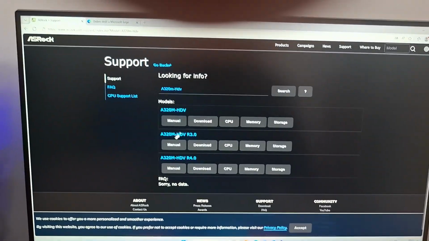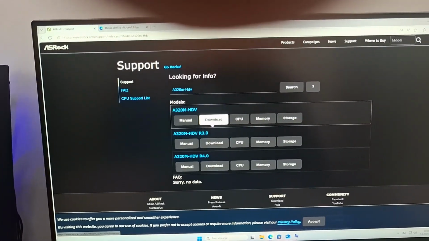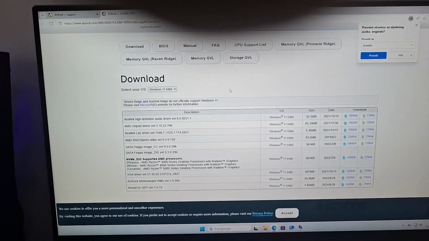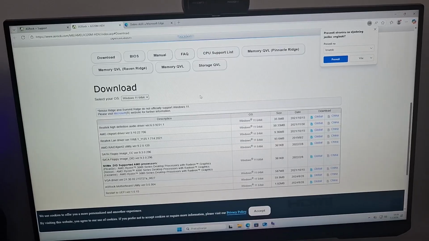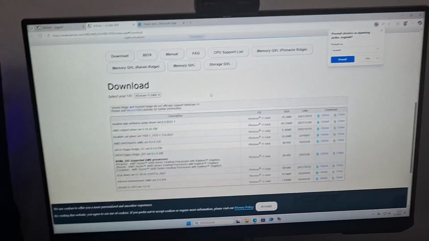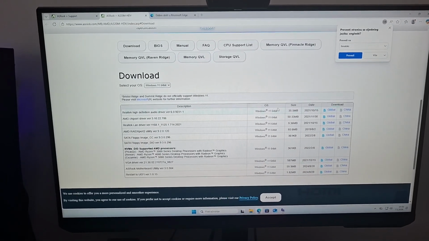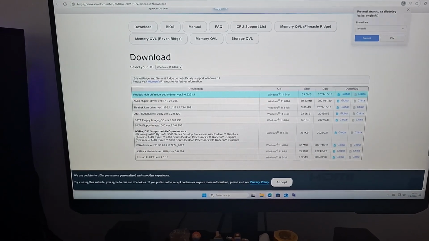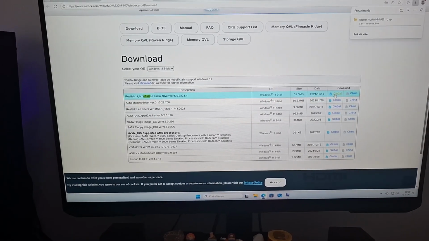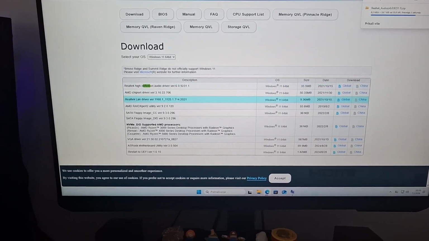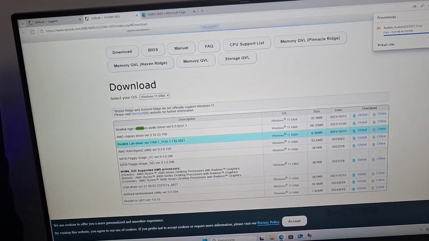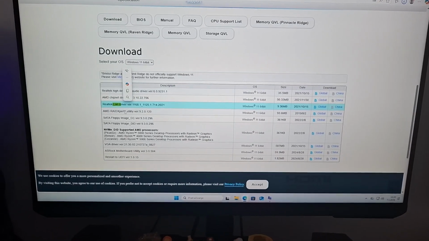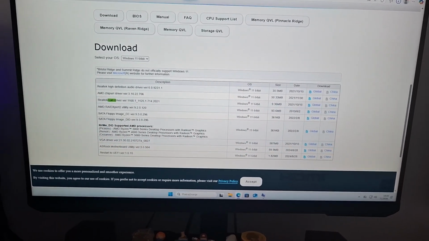And go to the download section of your motherboard. Every web page is different. I cannot cover that. You must find your way. And what you need is these few programs. This is the audio driver that you need for your PC. You can download probably your LAN driver, and this is it. But